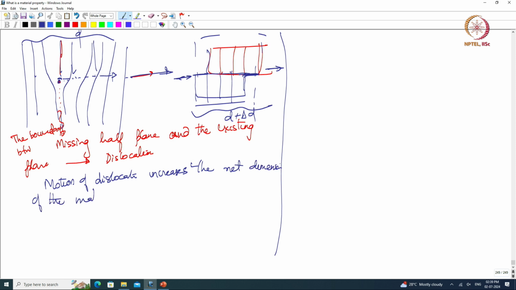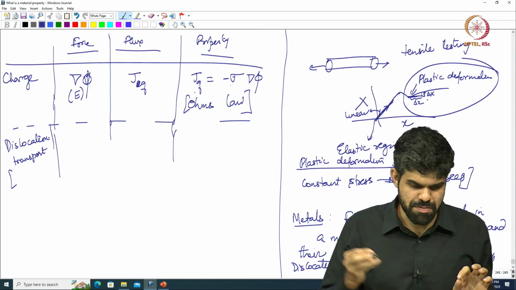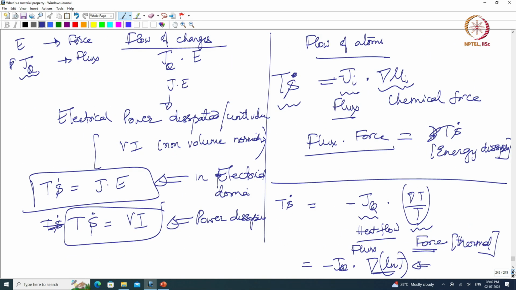As a result, I can assume that the strain rate that I get is related to the motion of dislocations. So, how fast or slow the material is straining is related to the motion or mobility of dislocations. Now, there are other questions that will come up, but let us keep it very simple. So, assume that in all these problems, right,